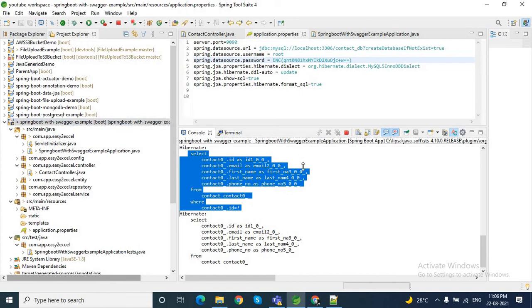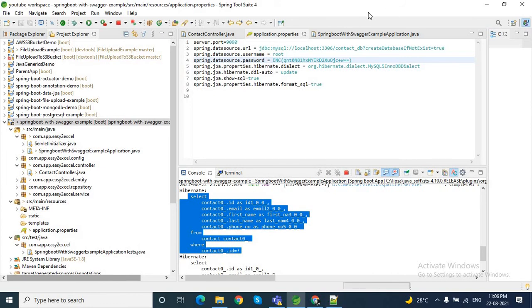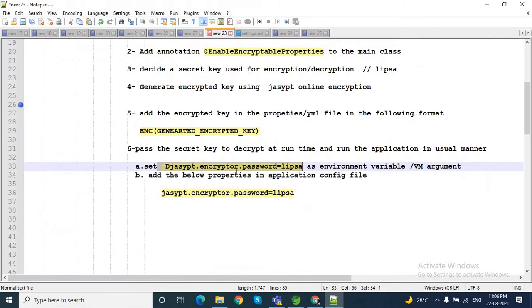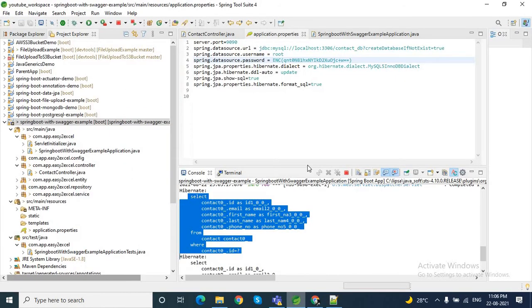I have set the VM argument to decrypt this password at runtime, this jasypt.encryptor.password, this is my secret. Instead of adding this VM argument, I can also add these properties inside my properties file and run the application. So let me copy this one and show you how you can do this.